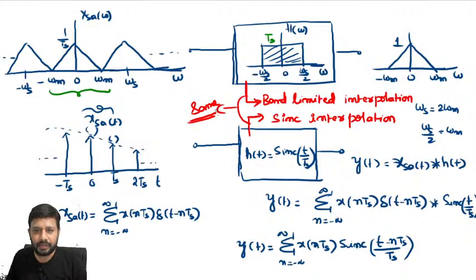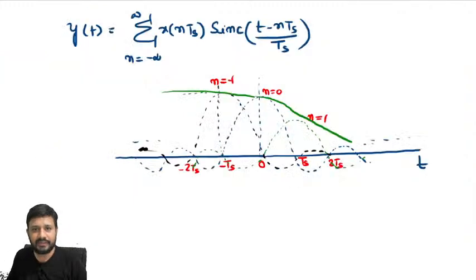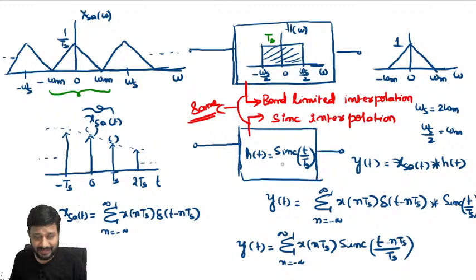So band limited interpolation or sinc interpolation. Right? This is how we are going to analyze in time domain. After the class, you try to examine, or if you know any tools, try to see whether you are going to get the original signal or not. So this much pain is there in time domain. Remember, in time domain, sinc pulse is there, so sinc interpolation.